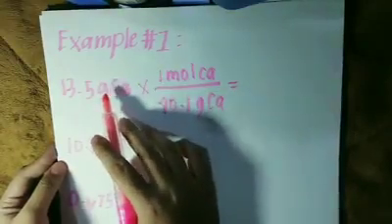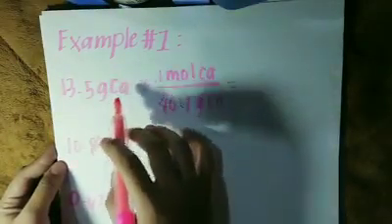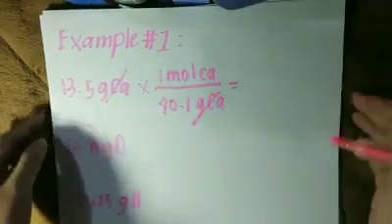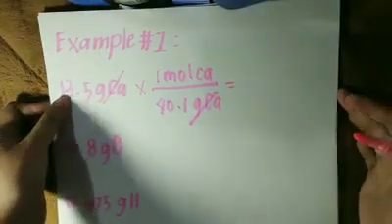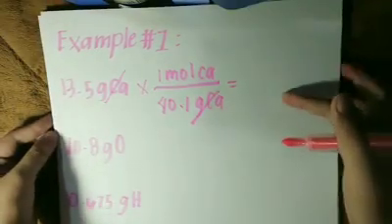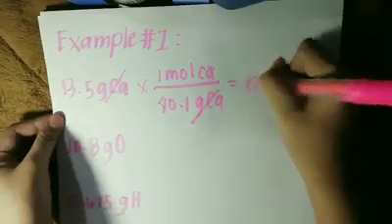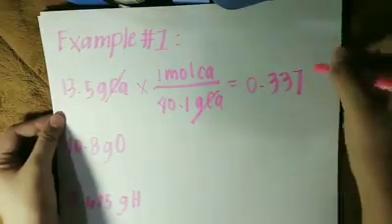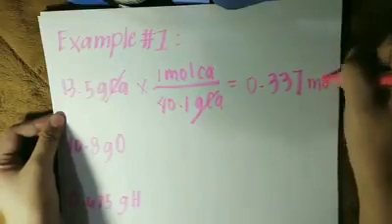Since it has the same unit, we're going to cancel out. So 13.5 multiplied by 1 mole is 13.5 divided by 40.1 is equals to 0.337 mole